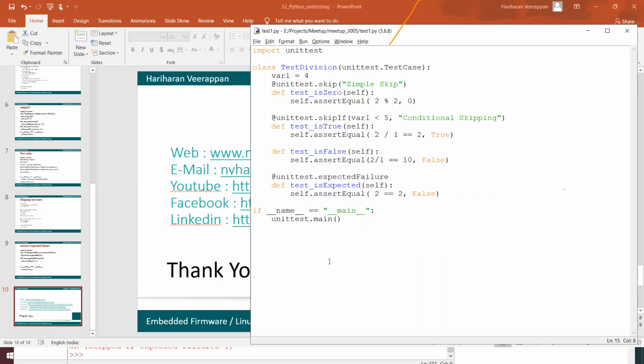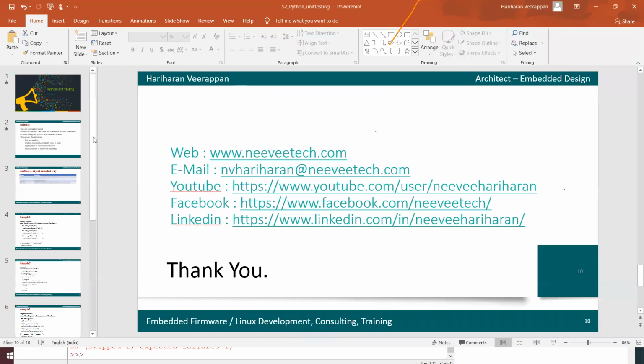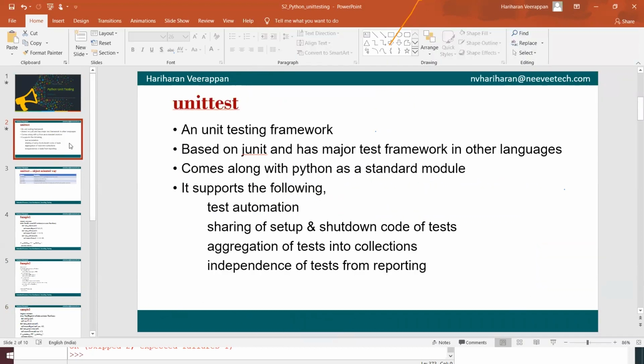Yes, basically unittest is widely used to validate our Python modules. Whenever we install Python in our system, it automatically comes as a standalone module inside Python.